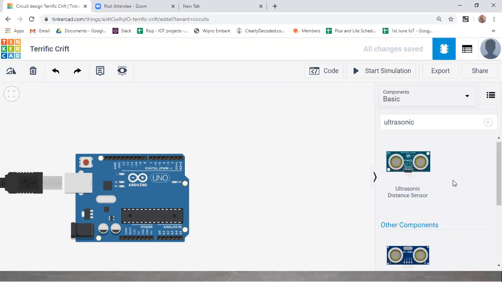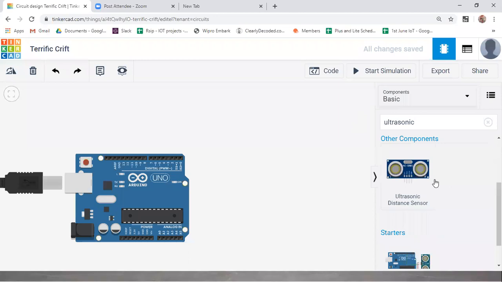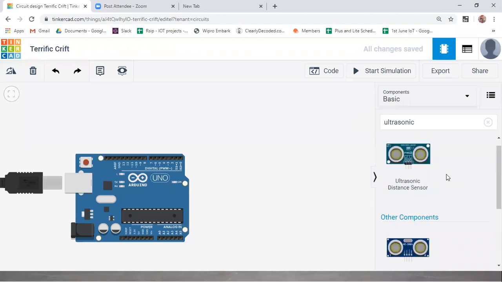The other ultrasonic sensor has 3 pins. In real time, we are going to see this module, that is HC-SR04. So just take that sensor and drop it into your workspace.